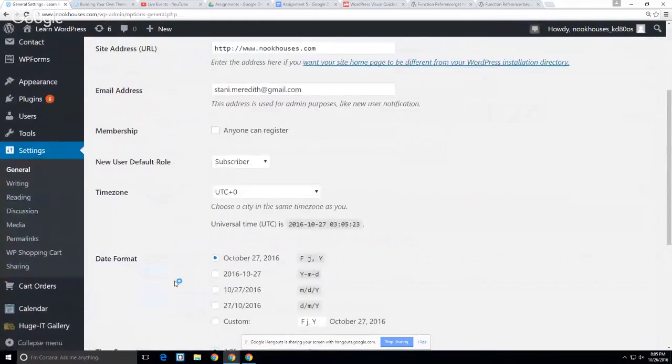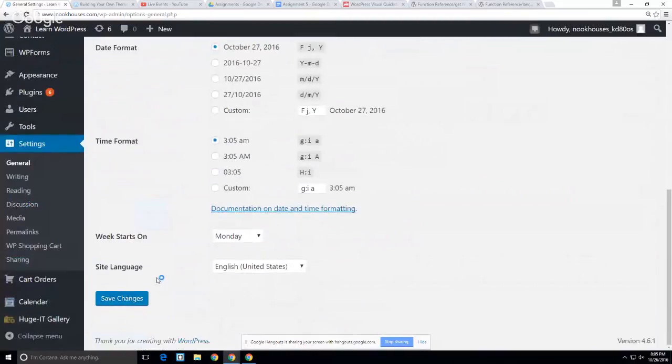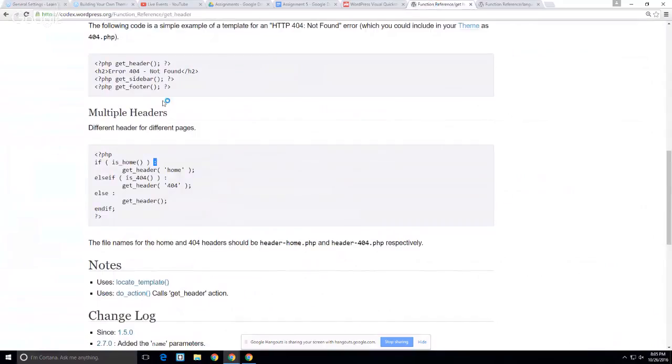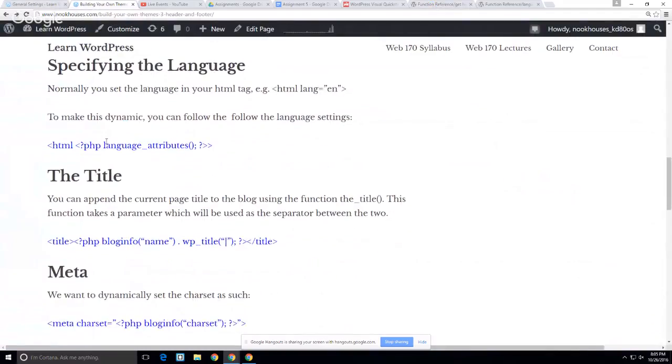Time zone. So somewhere around here probably. Yeah, site language, there you go. And you have various options, and so it can pull it dynamically from here. Again, that's just something you can do. And again, that's the kind of activity that you are going to be substituting. After you create your static site, then you'll be going in and making these changes to make it dynamic in